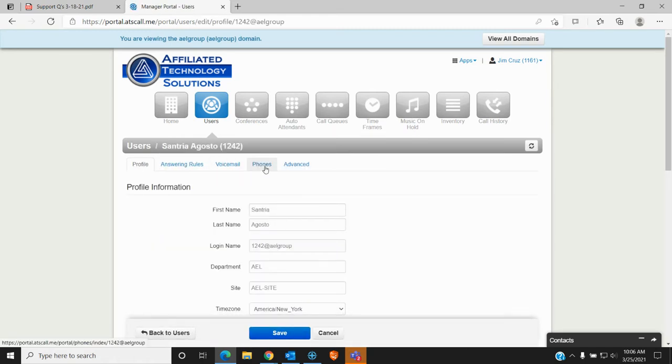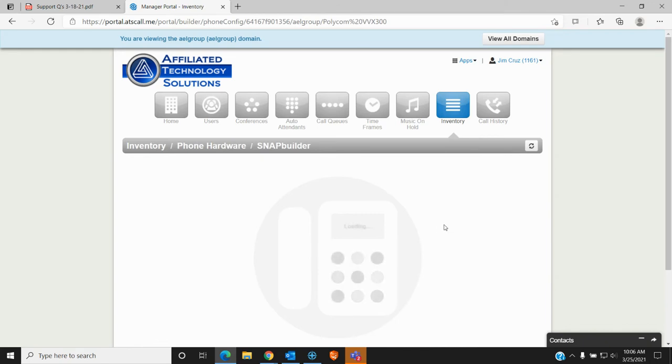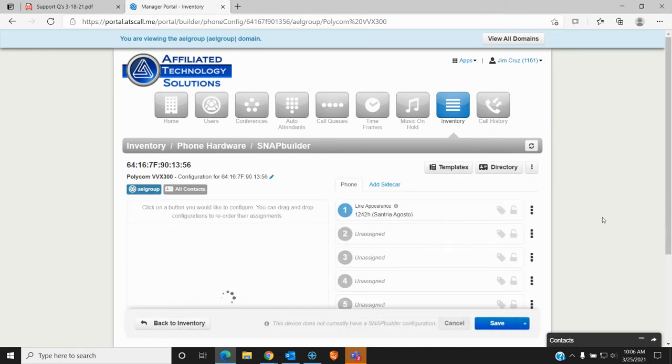You go to the phones tab, and when you do, you're going to see all the phones listed here for that user. Again, you pick the physical phone, that would be a Polycom or a Yealink phone, that you want to configure. You go across to where the little button says Snap Builder. You click on the Snap Builder button and click Yes, and this allows you to enter the configuration of the